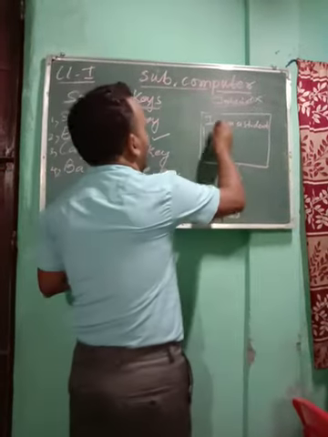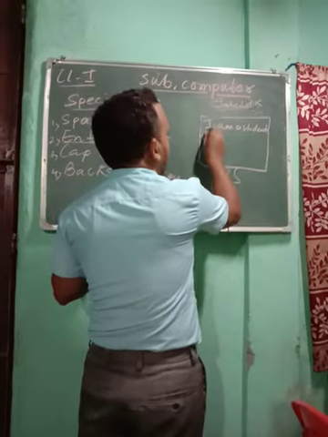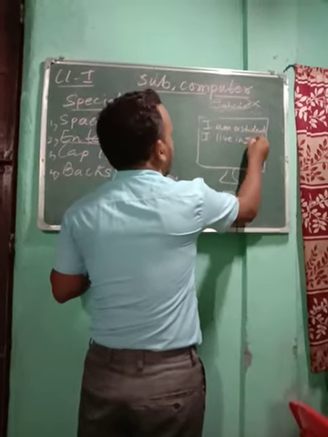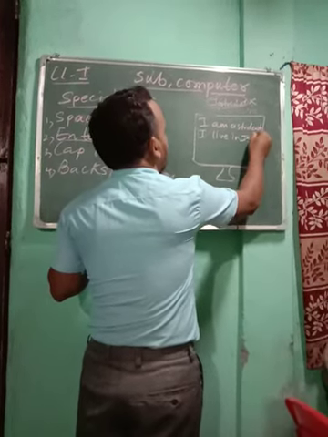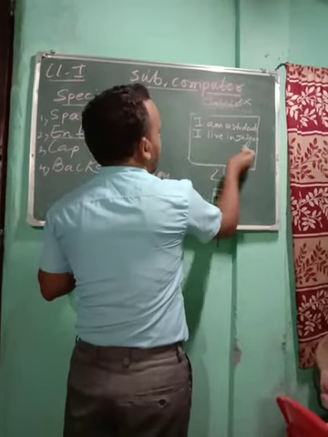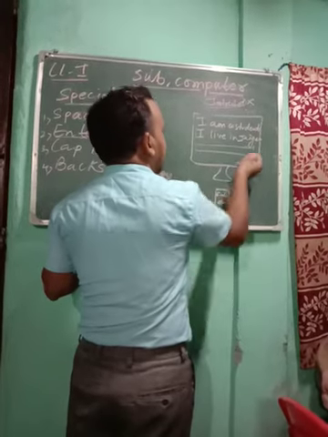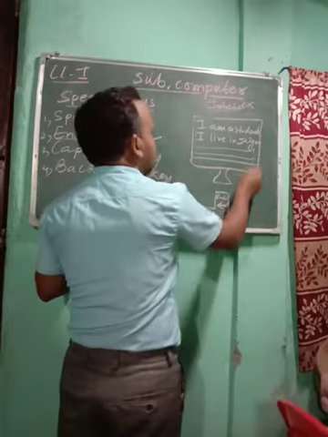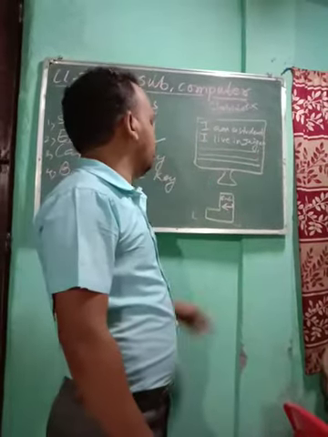So suppose you wrote, I am a boy. Now you have to go to next line. Press this, you will go to next line. You can write, I live in Jaigaon. Again you want to go to next line, press this key. Again you write. Again you want to go to next line, again you press this enter key. Again this sentence is over, again you want to write, again you press enter.